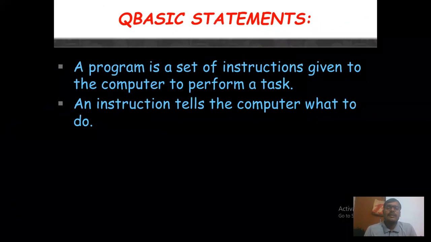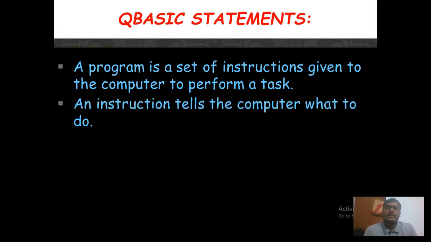Now, QBasic statements. What are QBasic statements? A program is a set of instructions given to the computer to perform a task. So QBasic statements are types of commands given to the computer for doing some work, for solving mathematical problems, or for taking a decision whether a condition is true or false.